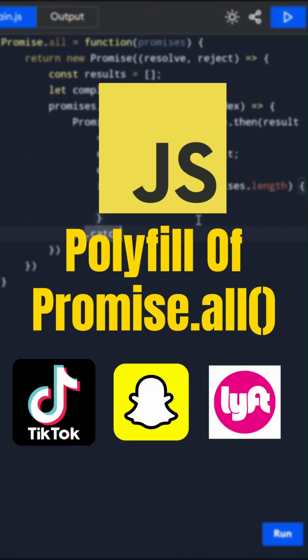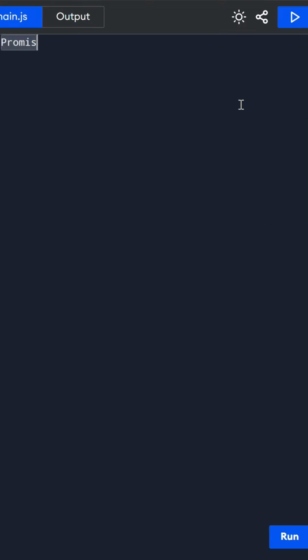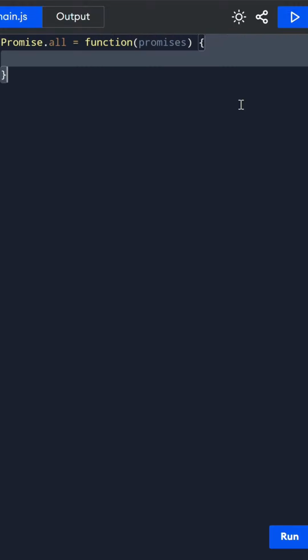Ever wondered how Promise.all works under the hood? Let's break it down. Today, we are going to create our own version of Promise.all in just a minute. So, let's dive in. First, we define a new function that takes an array of promises, just like the original